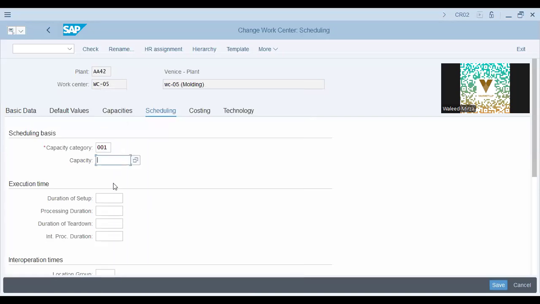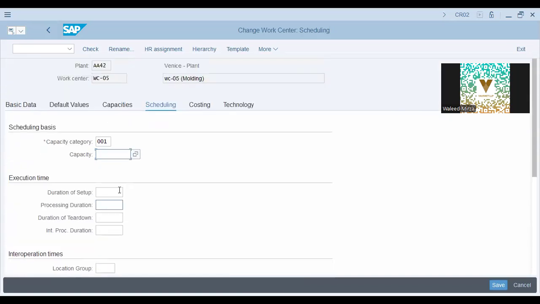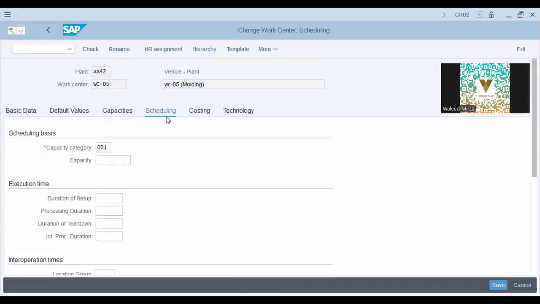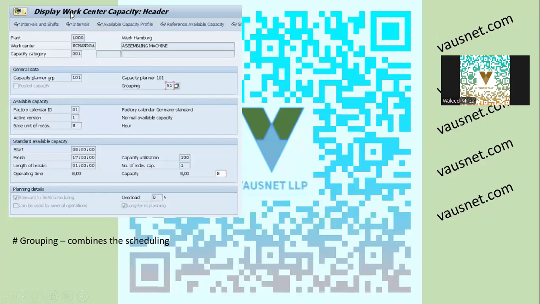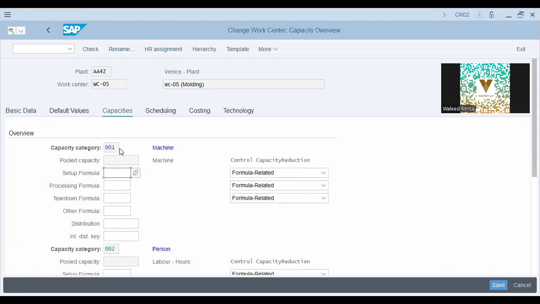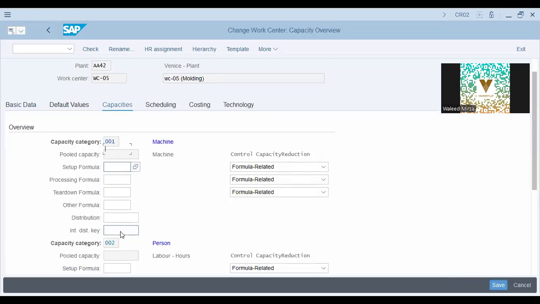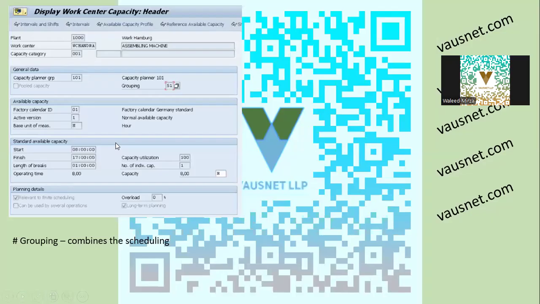Based on machine capacity, basic data, cross capacity planner group, capacities 01, capacity category, and